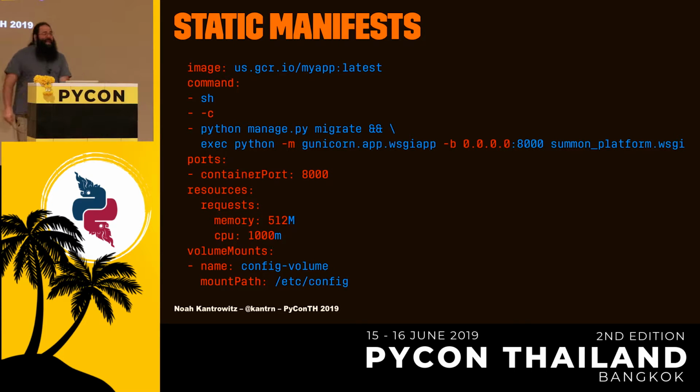Kubernetes also uses these YAML files. You can see here, this is a container definition, so this is one container within the pod. It specifies the image, the command to run, what ports to expose, and the resources required to run it, and then some volume mount stuff, which we don't need to talk about right now. So anyway, this was a very simple static definition of running a single container, running my migrations, and then